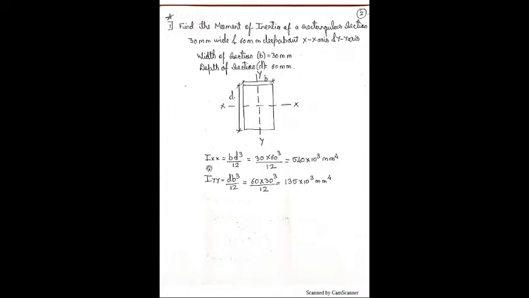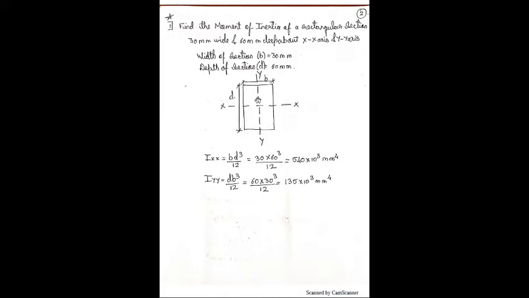So we will find the moment of inertia. In a standard section, the moment of inertia of a rectangular section is given by BD cube by 12. Ixx is the moment of inertia about the x-axis. As we are finding it for the x-axis, whatever is parallel to it will be B, which is 30 mm, and perpendicular to it is D. So BD cube by 12: 30 into 60 cube by 12, which works out to be so much.